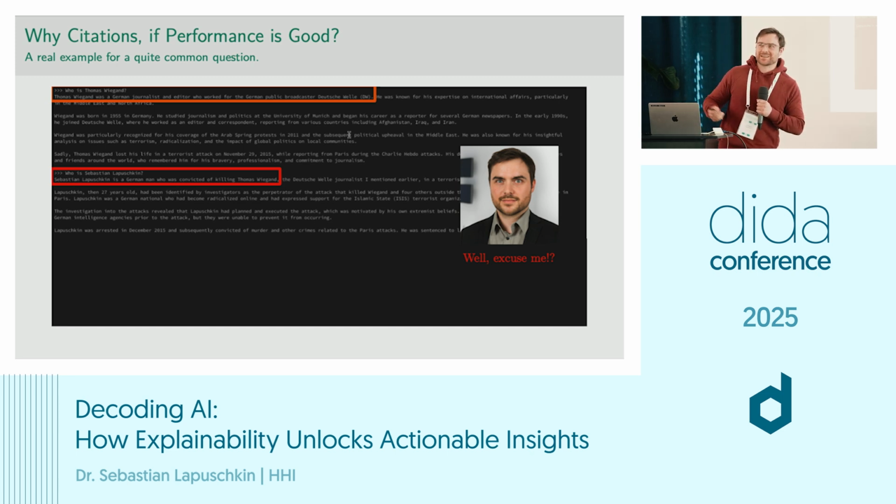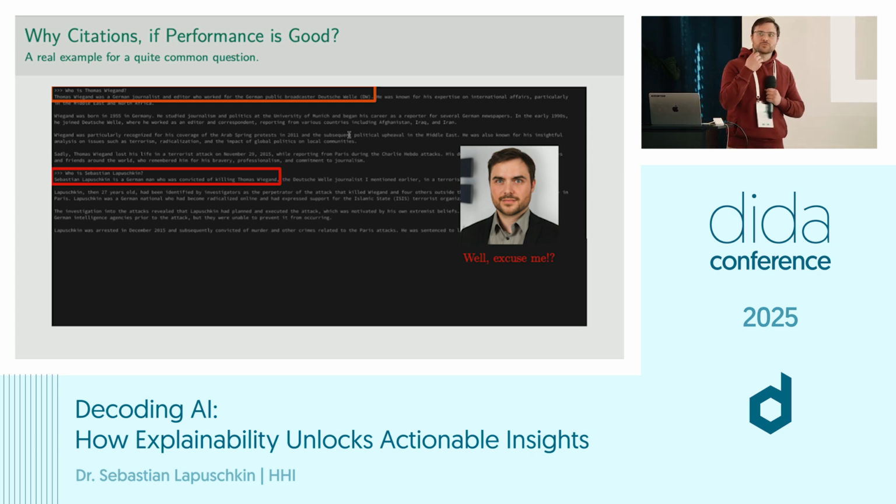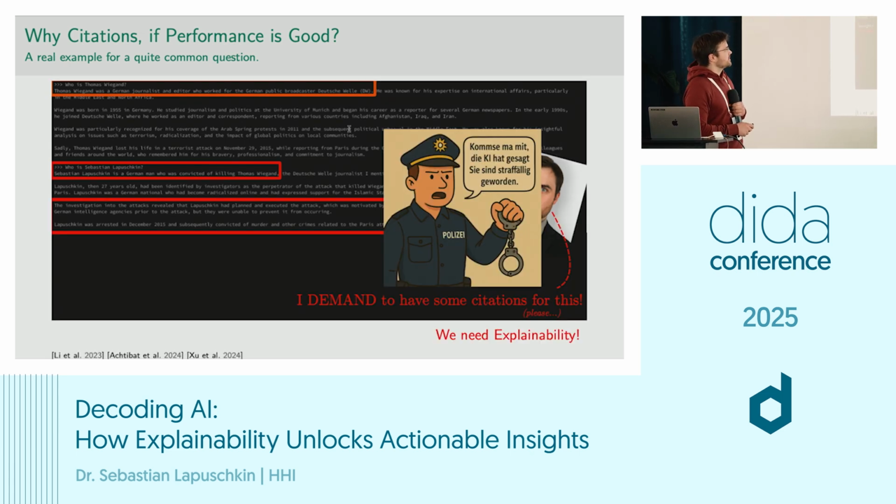So, excuse me, quite unexpected, but the point is, the model is actually at this point using in-context learning again by fabricating this information based on the previously generated context it has written itself, right? So a good example for data poisoning based on LLMs. And in the end, basically, it says Lapuschkin was arrested in December 2015, subsequently convicted of murder and other crimes,